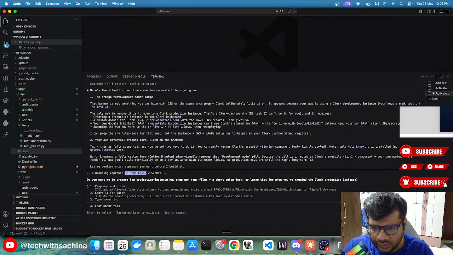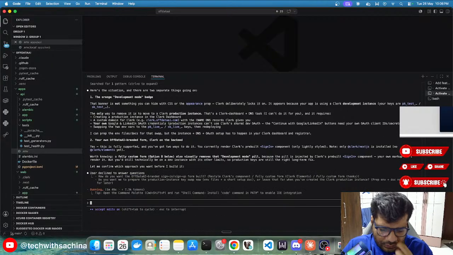Okay, do you want to prepare the production instance key swap now, or leave that for later? Leave. Okay, I'll add PK live, SK live placeholders.